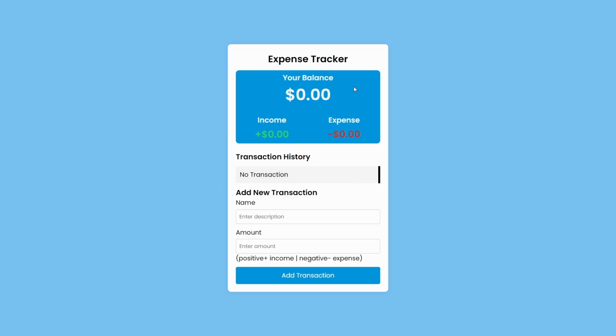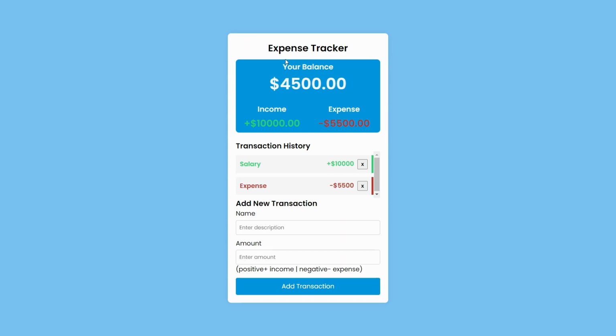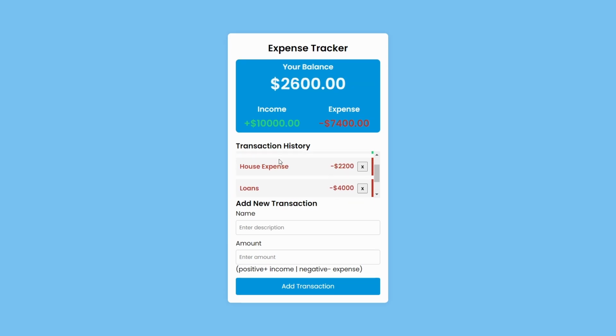In today's video, we are going to build a simple yet powerful expense tracker using HTML, CSS and JavaScript. This project is great for those looking to organize their finances and also improve their web development skills. Here's a quick preview of the expense tracker we'll be building today. Our expense tracker will allow you to add expenses, view your transaction history, and calculate the total balance, income, and